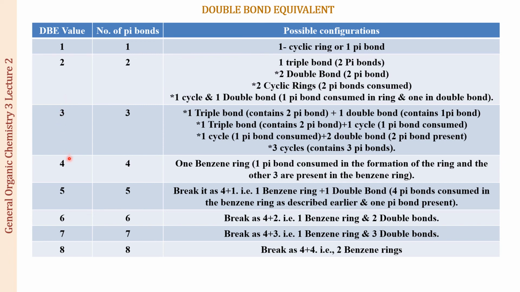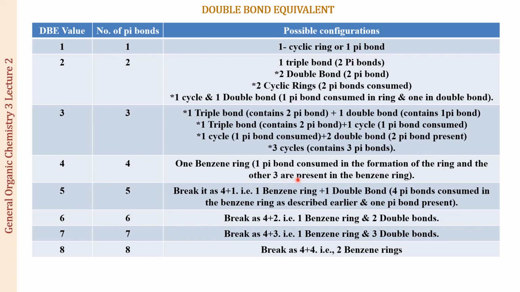If the dB value is 4, you have already seen that the first thing that is going to come into our mind is that there is one benzene ring present, and this is going to be the most prevalent thing that you will be seeing in various organic compounds. Alright, so I'm not going to talk about the rest of the possibilities now. I'm just moving on to one benzene ring because this is what you will be seeing for the structures where we will be having the dB value of 4. So this is going to be one benzene ring.